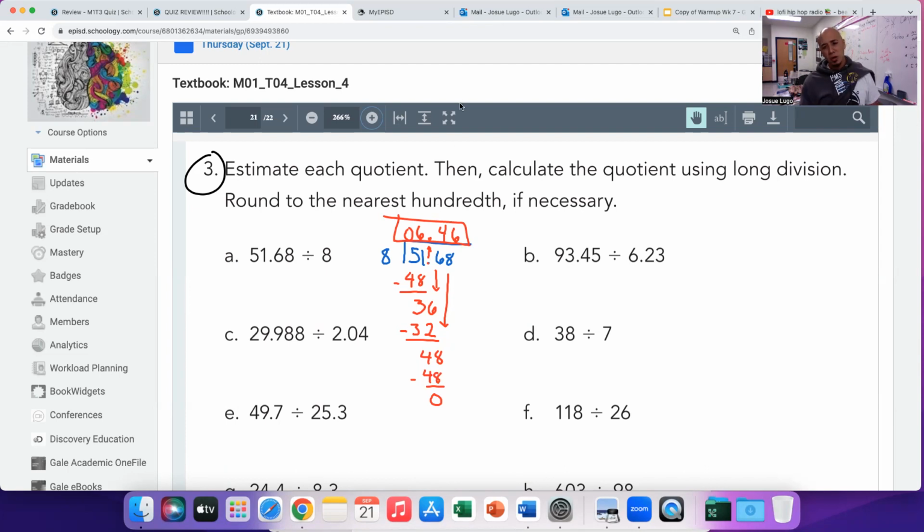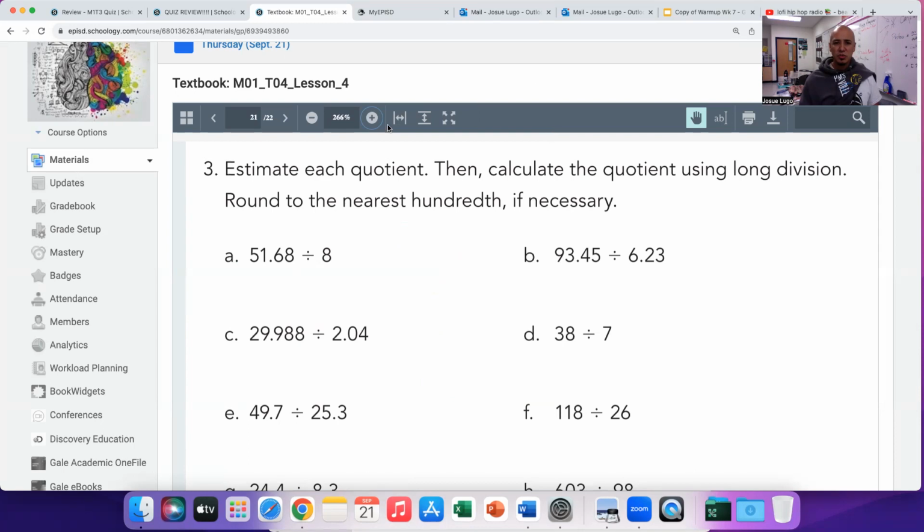But what if I have a harder problem? Something significantly harder. If you need to see that again, you can rewind. But for now, let me erase that, and let's go to letter B. Let's go ahead and do 3B. And 3B has 93 and 45 hundredths. That's the first number, divided into 6 and